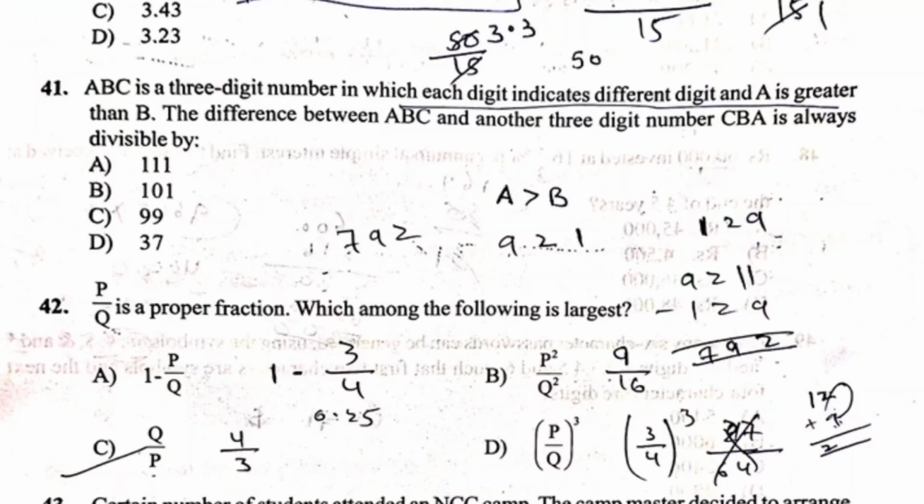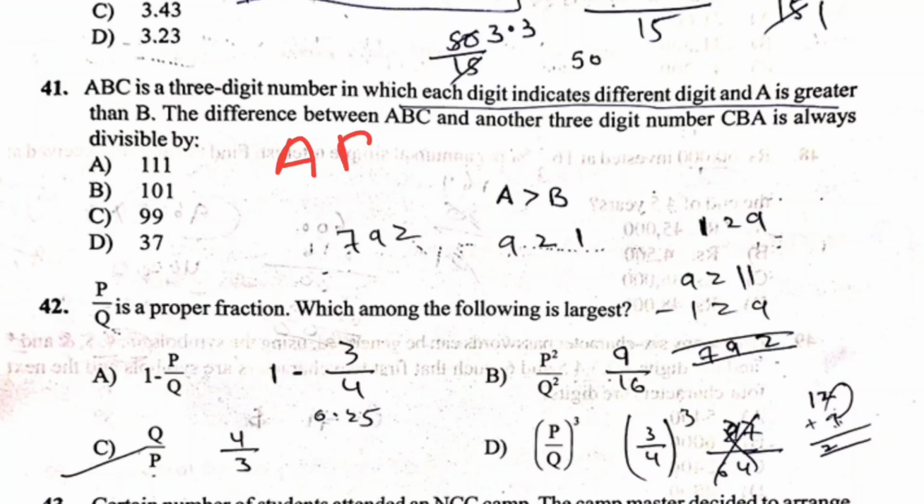Question: ABC is a three-digit number in which each letter indicates a different digit and A is greater than B. The difference between ABC and another three-digit number CBA is always divisible by which of the following? Options are 111, 101, 99 and 37. Okay, so let us